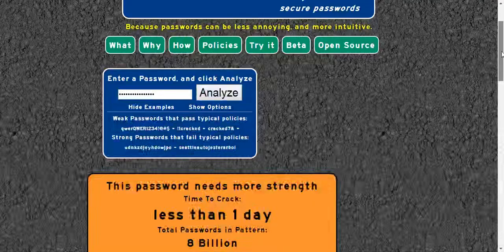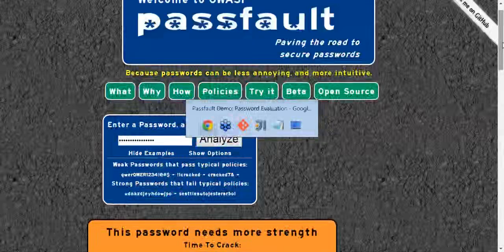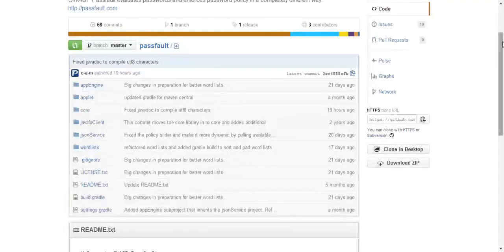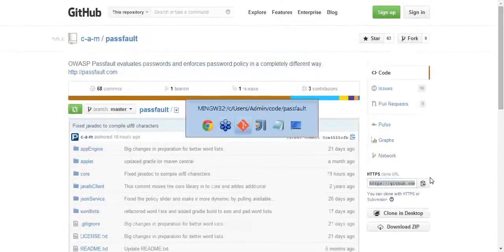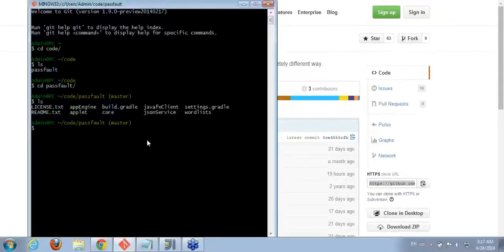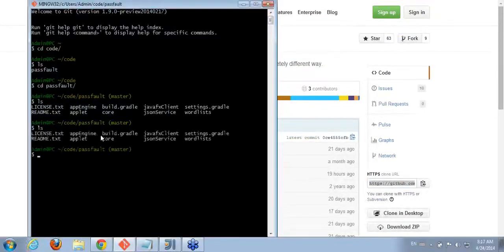So at this point, I'm going to jump over to GitHub. So here's our GitHub. Come over to here. Here's your URL to clone. And when you come down to Get, here is the project that you'd get. The core library is a Java library. For those that need access to this without Java, I built this JSON service. And this JSON service is pretty much identical to that website I just showed you.